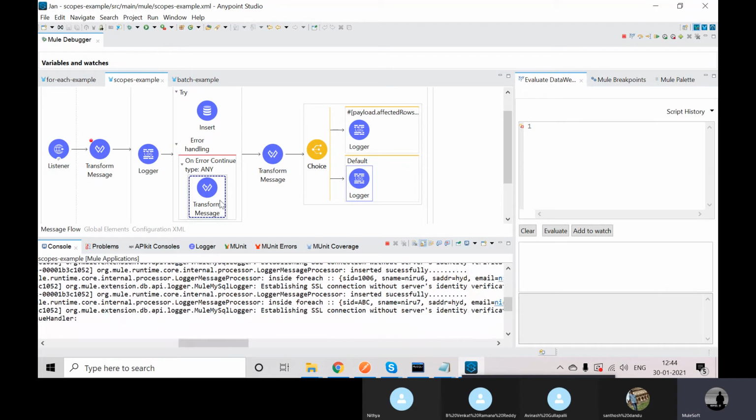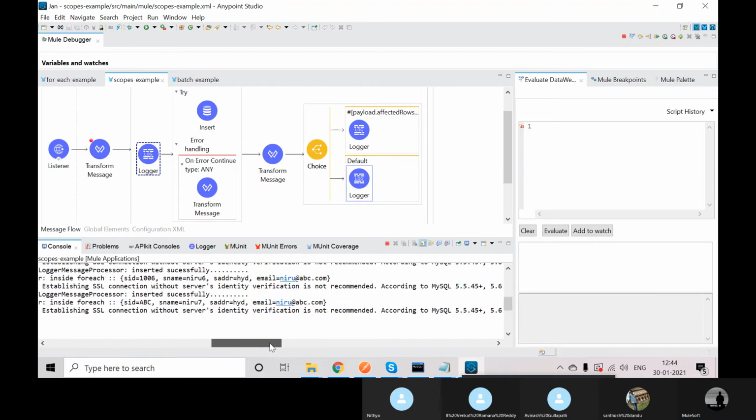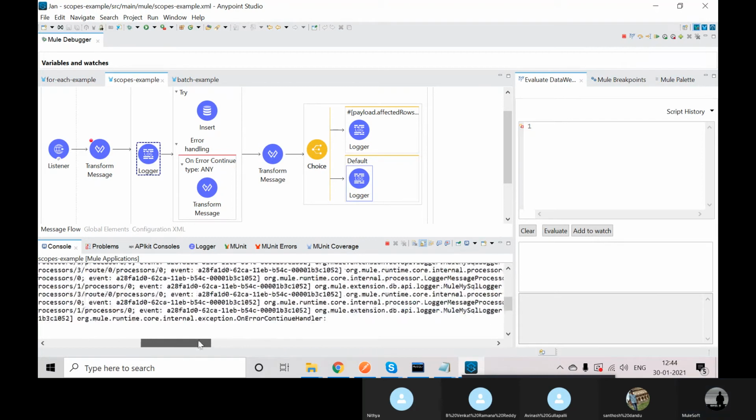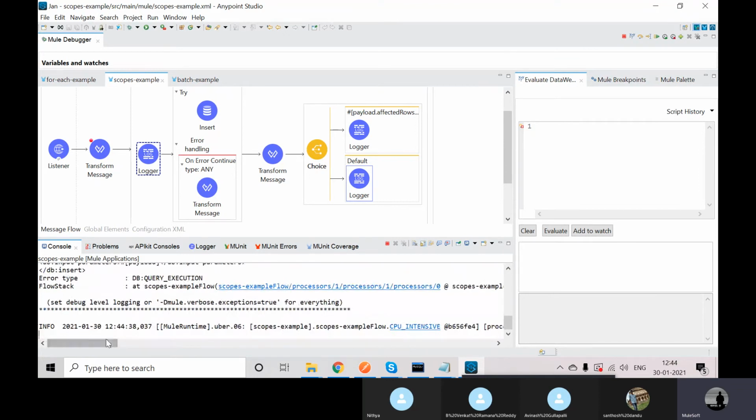Automatically this payload will be set, so it will come to the default and print this message. Okay, so here is that message.